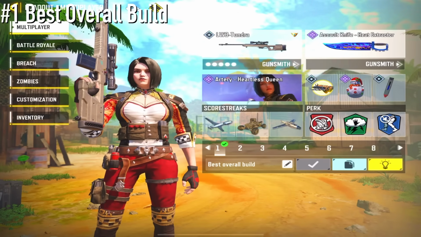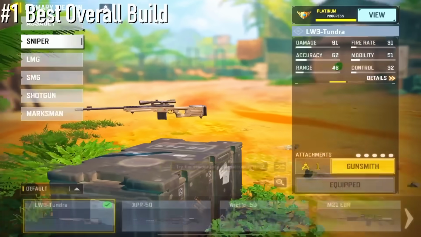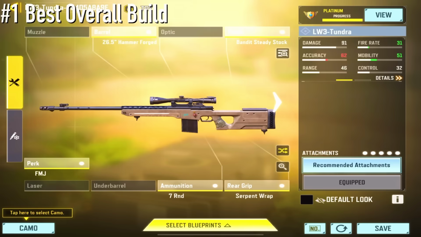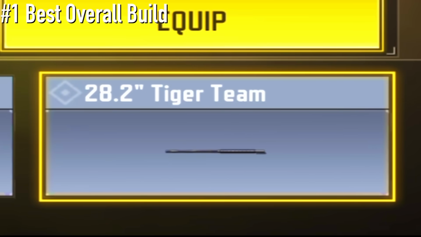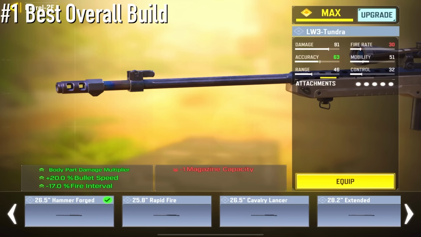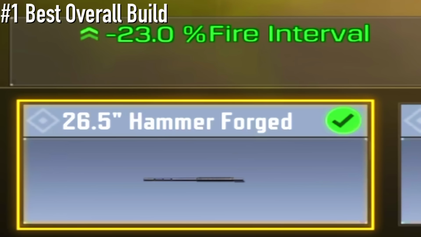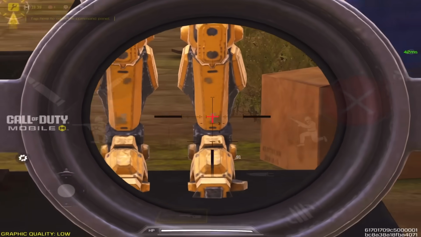Starting with number 1, the best overall build for the LW3 Tundra. Now in my previous video, I showed you guys my build, but that wasn't the best build yet for the Tundra because there was one specific mistake. So a lot of creators, even me, were using the Tiger Team because of the body part multiplier and the fire interval, but we could just use the Hammer Forged because if we take a look at the damage of